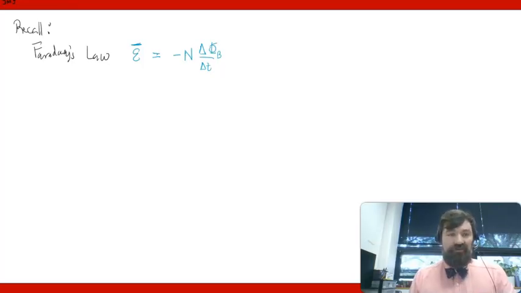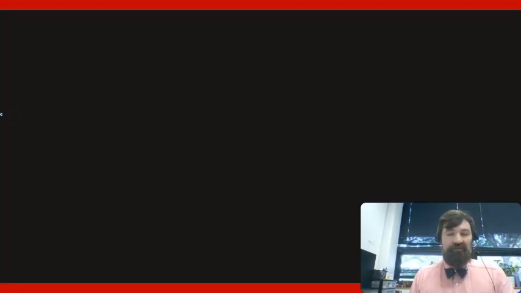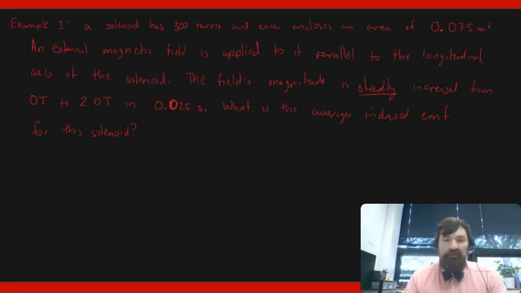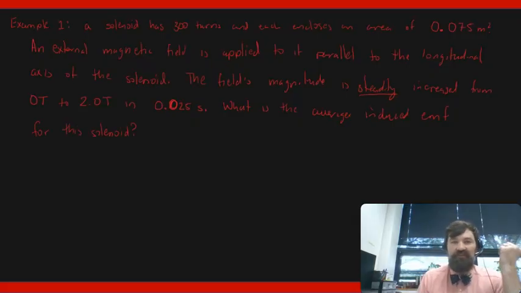Now the request here is that I work through some examples that deal with either solenoids or a generator or something like that. So I will try to focus mostly on that kind of example today. For our first example, we have a solenoid with 300 turns, each enclosing an area of 0.075 square meters